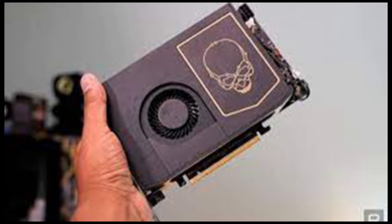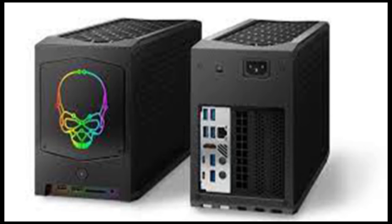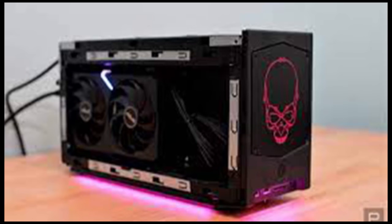The new NUC 11 Extreme, aka Beast Canyon, is pretty much the same story. But it's at least a bit cheaper and more flexible, thanks to its faster 11th Gen Intel CPU and support for full-size GPUs. I'll get this out of the way up front, yes, this NUC is dramatically larger than any